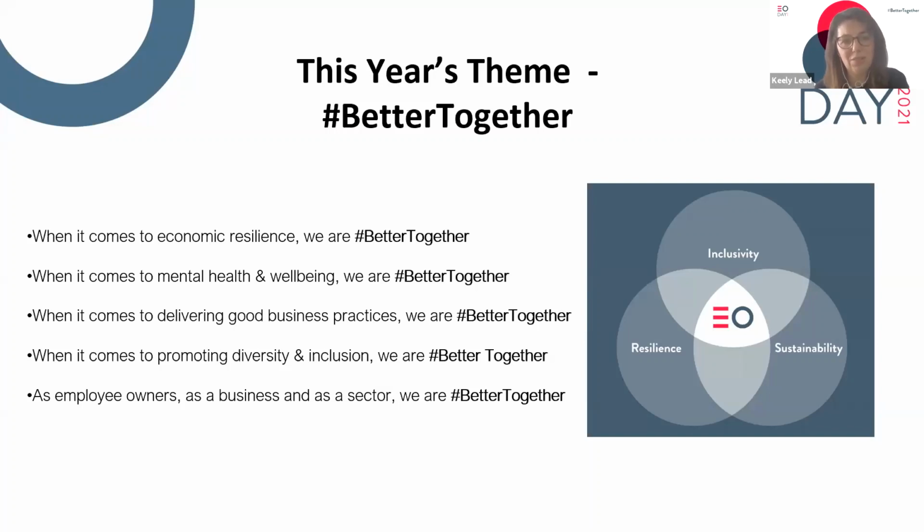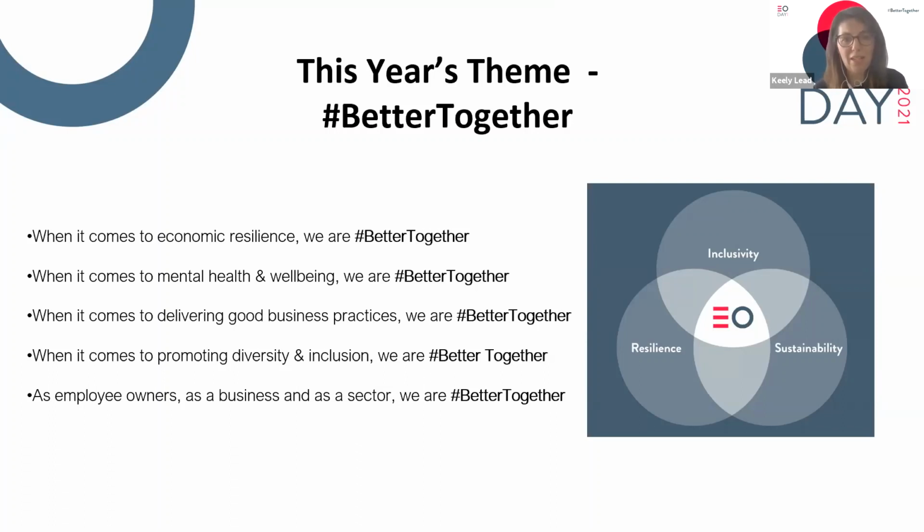That will look different for different businesses. And we know in the last year that for some, success will have been about surviving, and it will have been about keeping employees feeling included while they're on furlough, keeping their mental health and well-being feeling okay as part of the business. Or for those that had lots of key workers, it's making sure that they felt safe during the pandemic. And for some, it's been a time to adapt, innovate and change, or focus on future-proofing your business through good environmental, social and corporate governance.